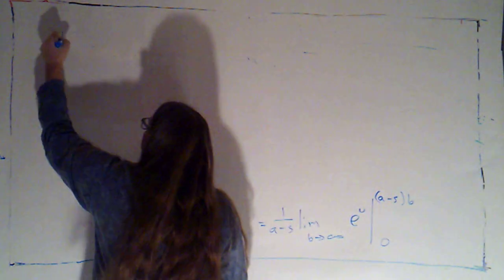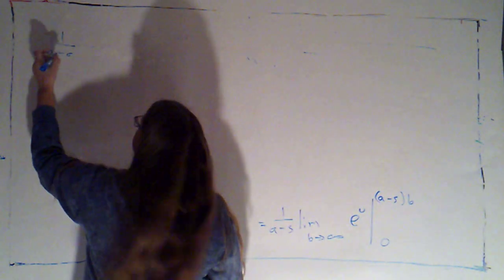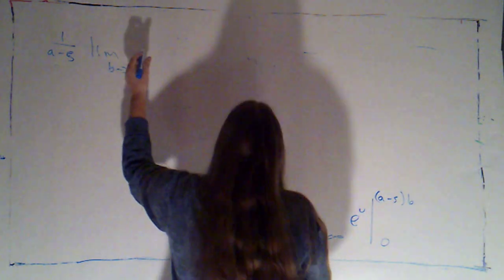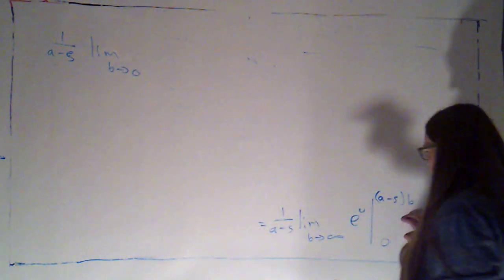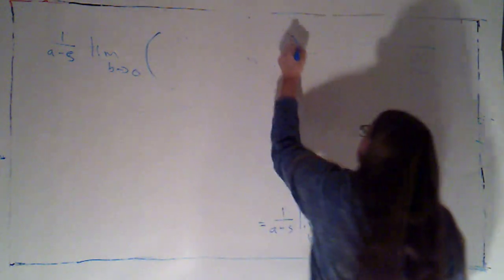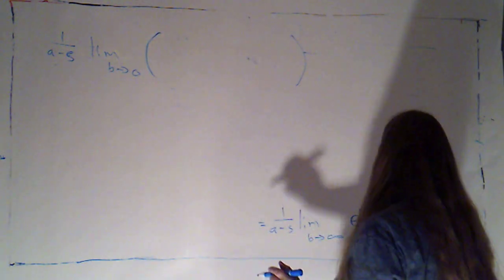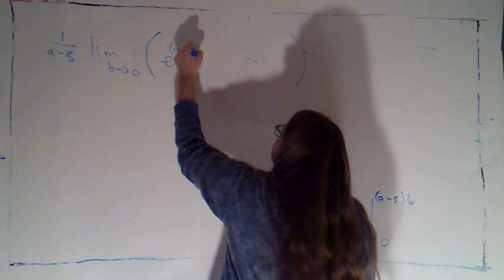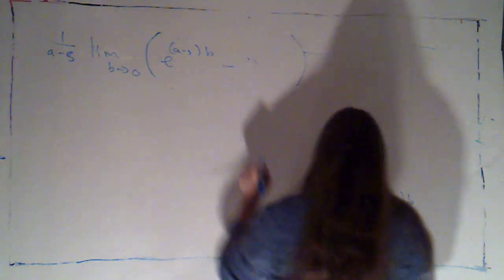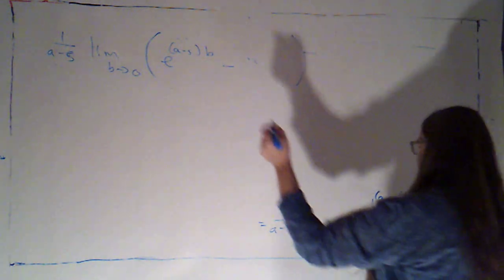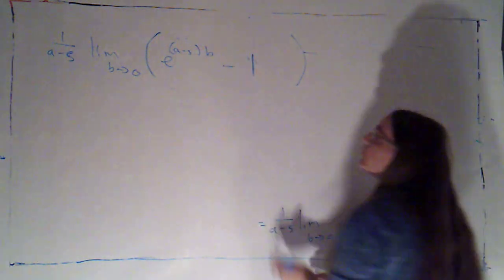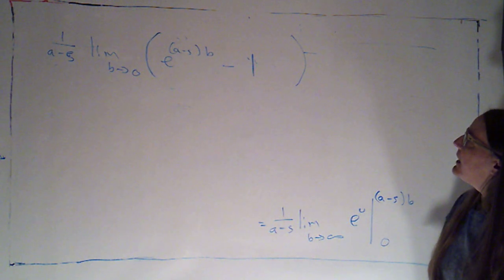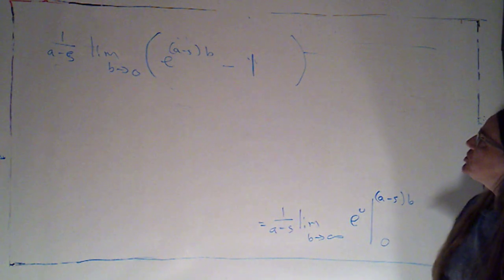Okay, I'm just going to copy this. 1 over a minus s times the limit as b goes to 0 of, actually I'll go ahead and plug on in, e to the a minus s times b minus e to the 0, which would just be 1. Okay, so